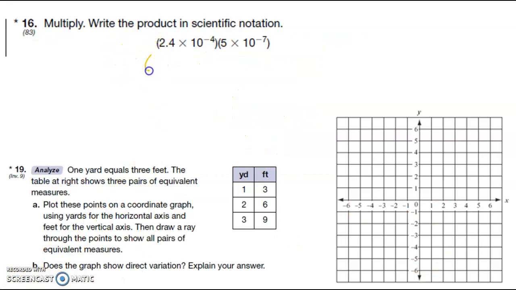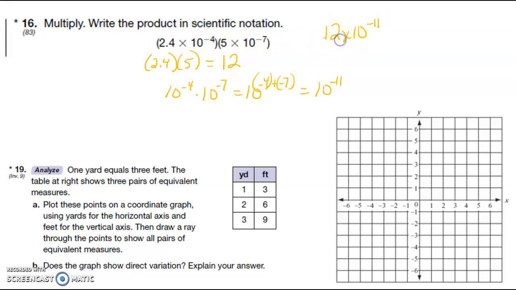Okay, so here we have 2.4 times 5. We have 10 to the negative 4 plus negative 7, which is 10 to the negative 11. 2.4 times 5 is 12. So I have 12 times 10 to the negative 11. I'm going to have to fix this because this is not scientific notation, so I have to move it once, which is equal to